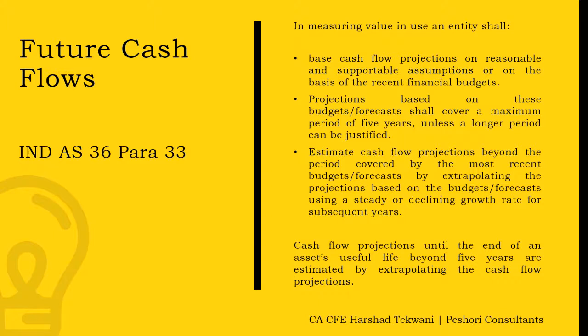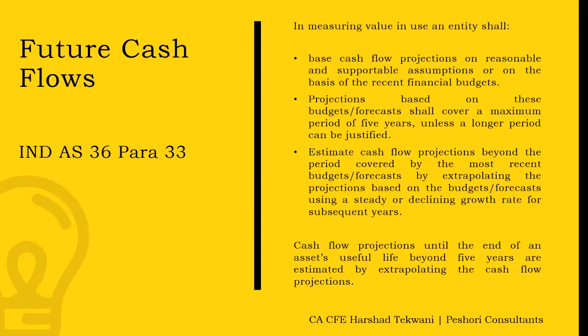Now, if an asset has a useful life of 10 years, let's say my car, the maximum allowed period to do the projections and forecast is 5 years as per the standard. So the standard says that we can forecast the cash flows for 5 years. After that, the prediction and forecast cannot be accurate and may be subject to some distortions, and hence the standards ask that after 5 years